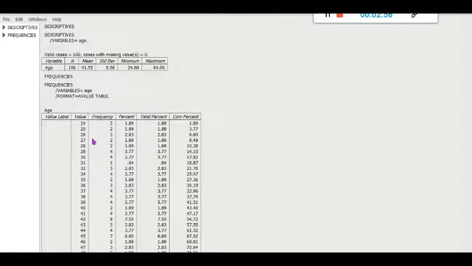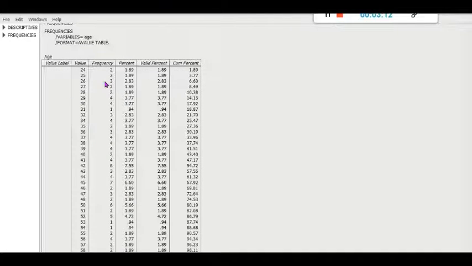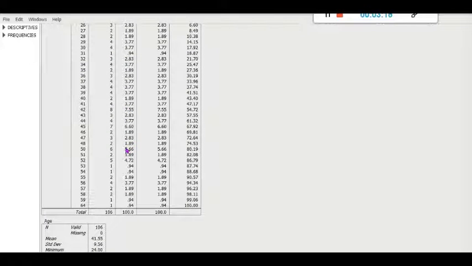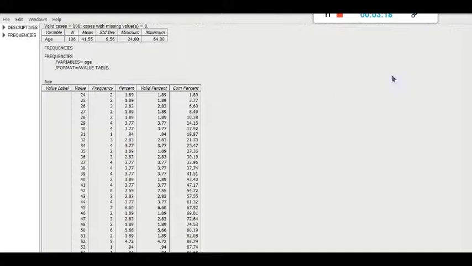But it looks very messy. We can make the age grouping, taking the minimum and maximum value for each class interval, and make a group frequency distribution. It looks like an ungrouped frequency distribution, but we can make it a grouped frequency distribution. We'll learn how to do it.